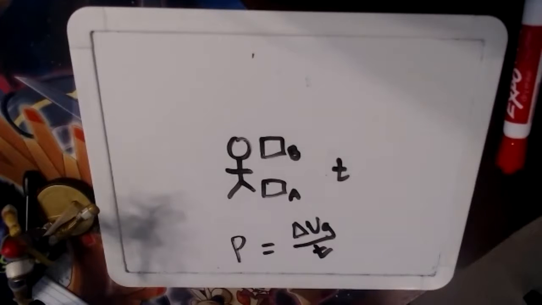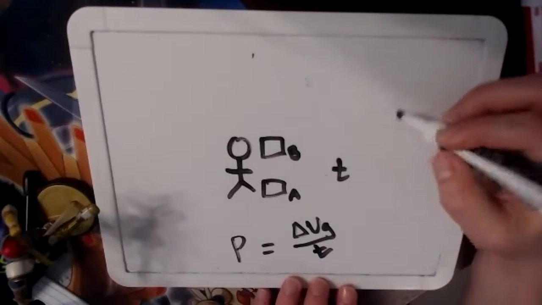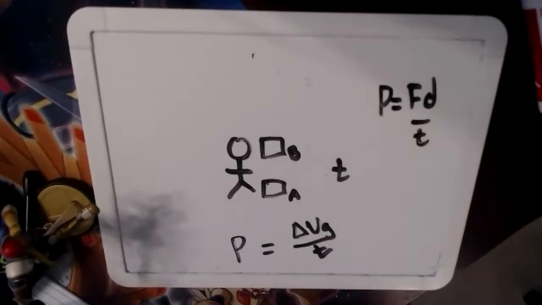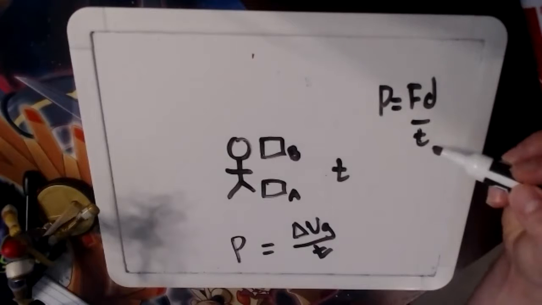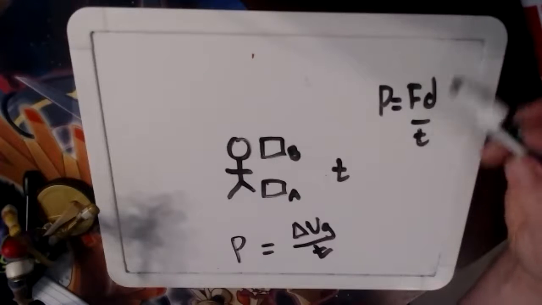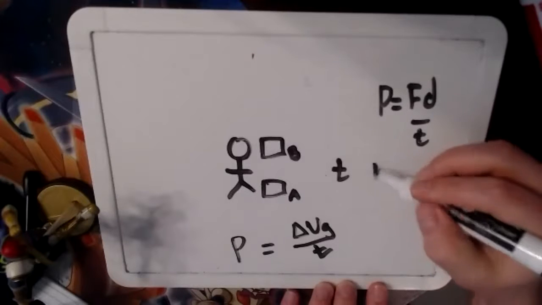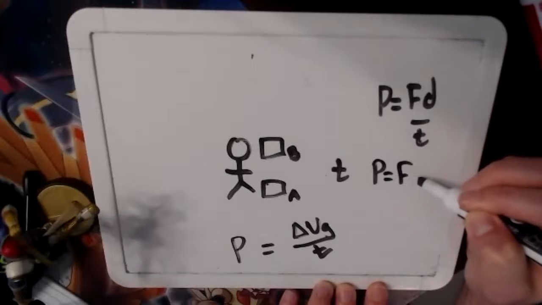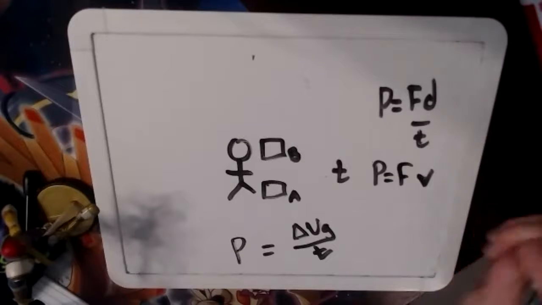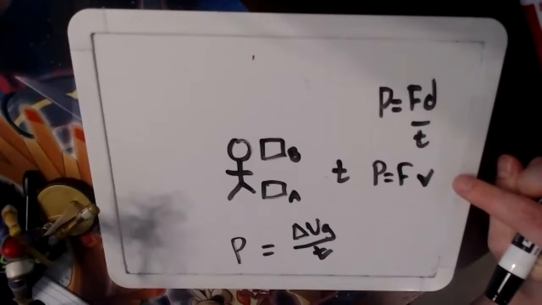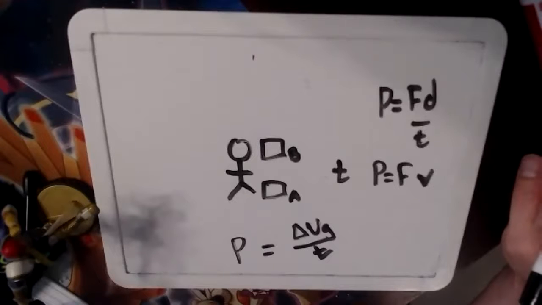A couple things that you would want to be aware of algebraically: if we want to talk about power, it is force times distance over time. We then see another statement that we could write from this. Distance divided by time. This is a constant acceleration problem. If it's a non-constant acceleration, we have a different issue. It's just force times velocity, because distance over time is a velocity. This is pushing an object at a constant velocity along the ground. Could be it, where you're just overcoming the force of friction